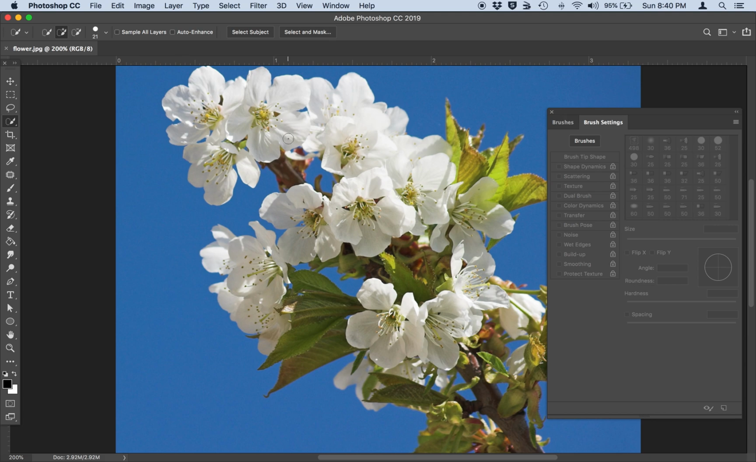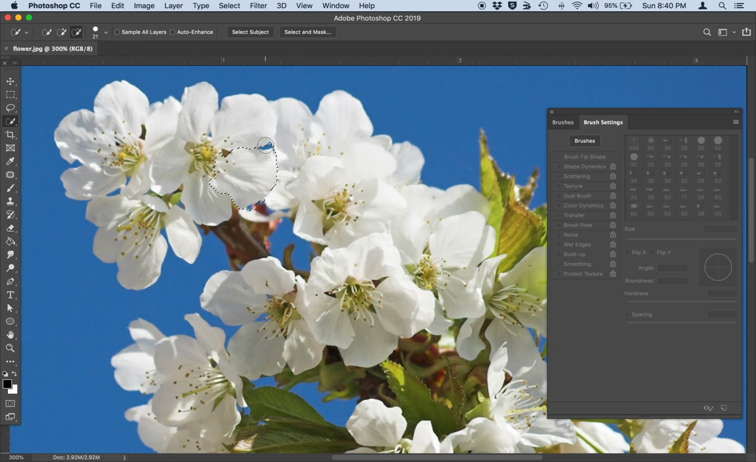And then I'm just going to select one of these petals. Maybe I'll just select this one right here now. Zoom in a little bit more. And I'm going to use the subtract and see if I can take away a little bit of this blue. So it's not perfect, but for the purposes of this lesson, I'm going to go ahead and just show you how